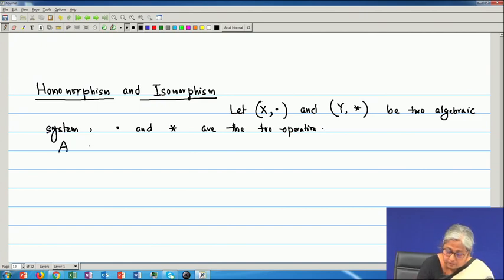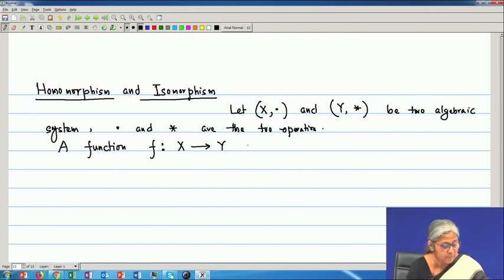Now, a function from one algebraic system x to y is called a homomorphism,